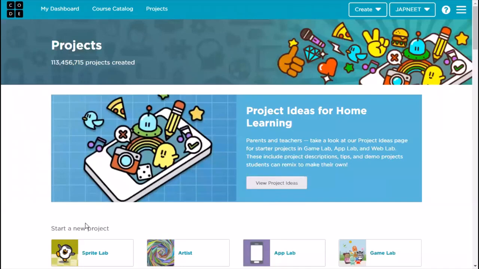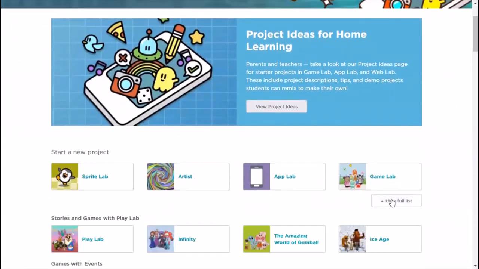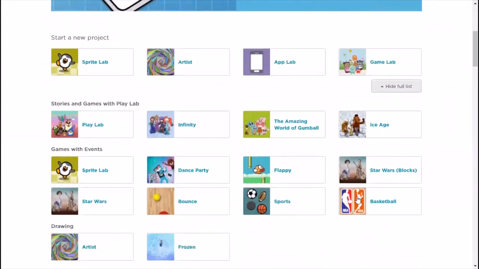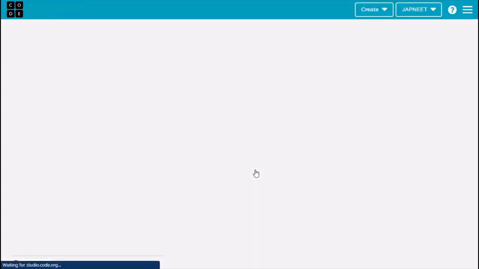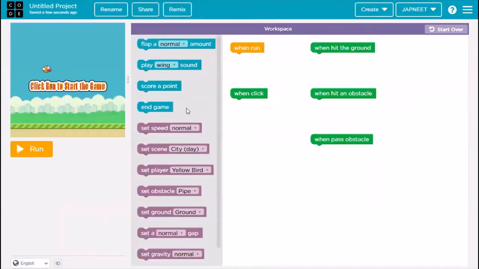After coming here, you will see some projects over here. View full list. Yeah, done. And click on this Flappy. Okay, after that, we are going to add some blocks. These are our blocks, and this is a workspace, and this